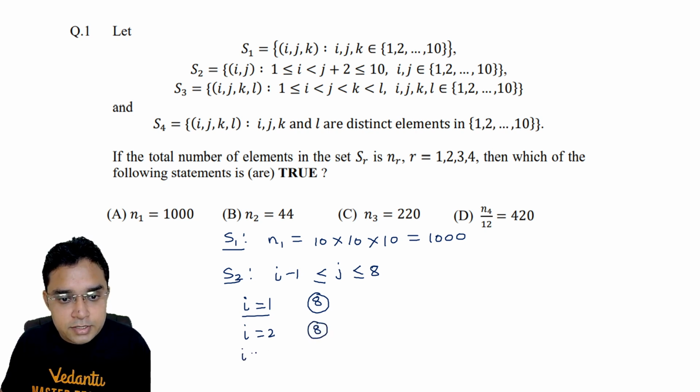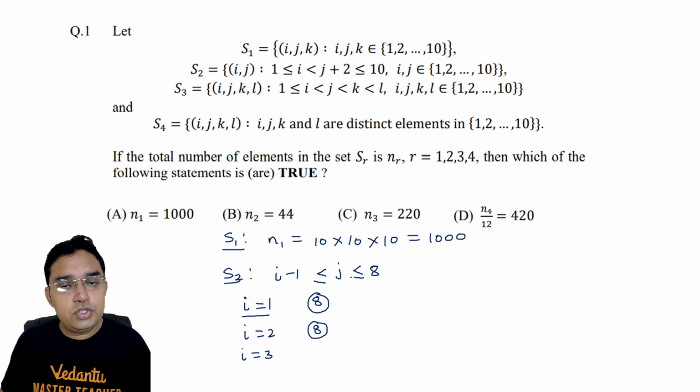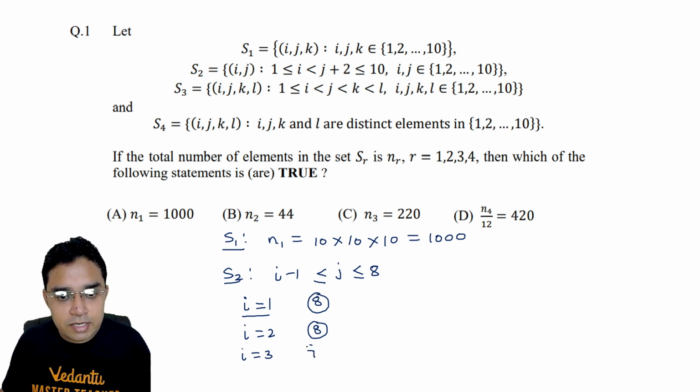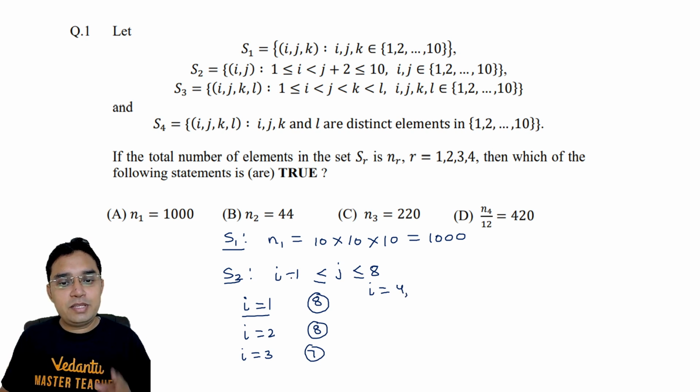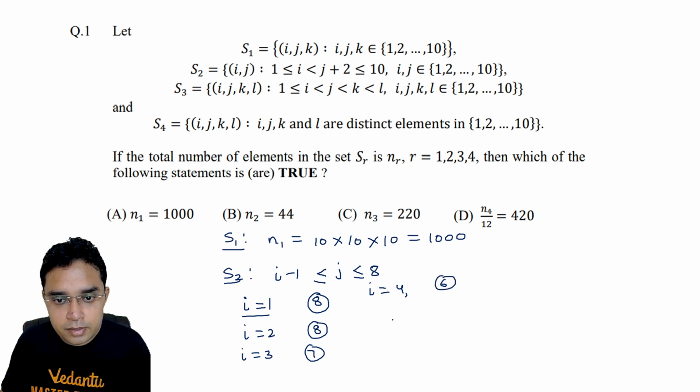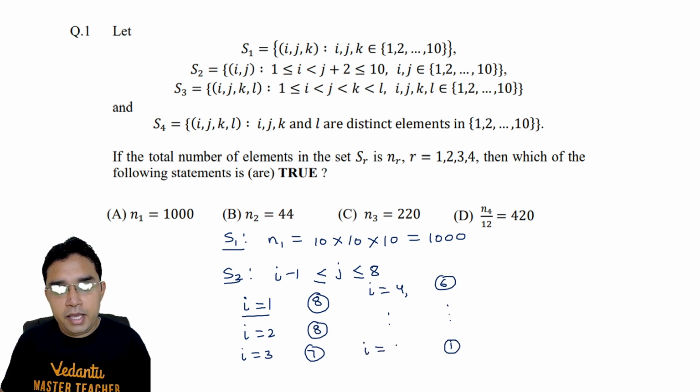But if I take I is equal to 3, so here you can see 3 minus 1 will be 2. So j will start from 2. So these values will go from 2 up to 8. So there will be only 7 values. Now similarly, if I take I is equal to 4, you can check this will be 3. So we will be starting with 3 and going up to 8. So only 6 values will be there. And so on. If we keep on doing, this number will keep reducing. So it will be going up to 1 when we will be taking I is equal to 9. In case I is equal to 9, this will be 8 both sides. So j will take only one value.